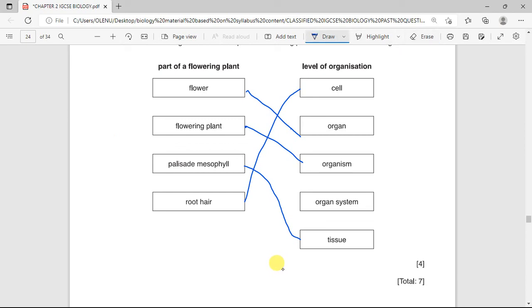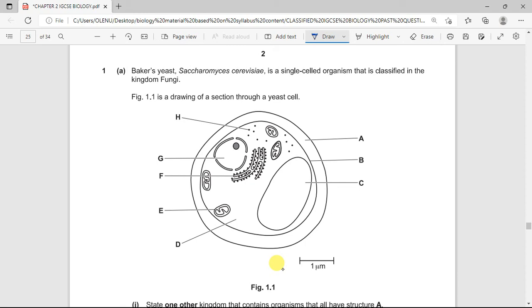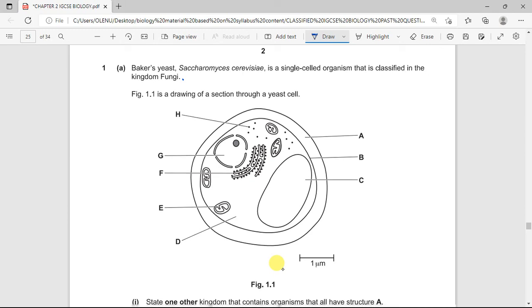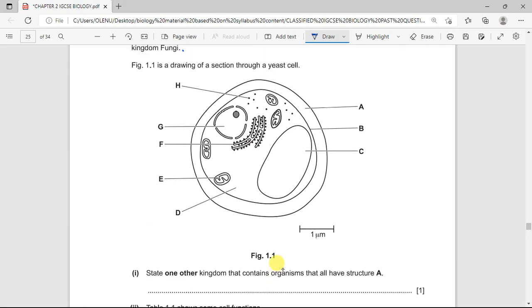Okay, now they say, Baker's yeast, this is the name, is a single cell organism that is classified in the kingdom fungi. Now figure 1.1 is a drawing of a section through a yeast cell. So state, if you can just label this first. This is the cell wall,